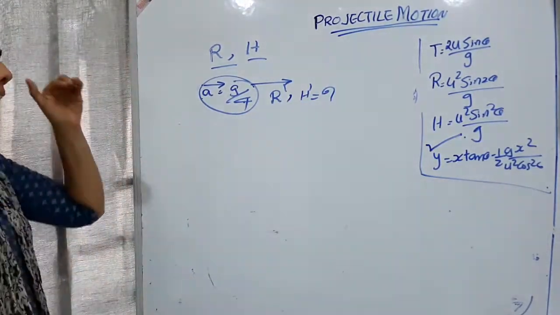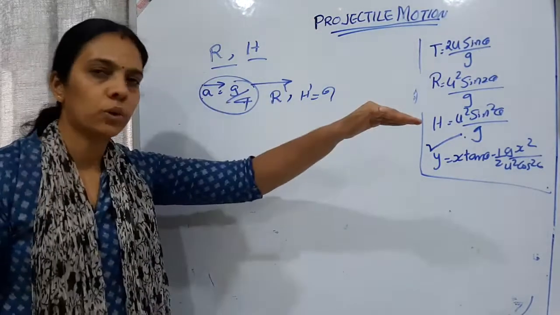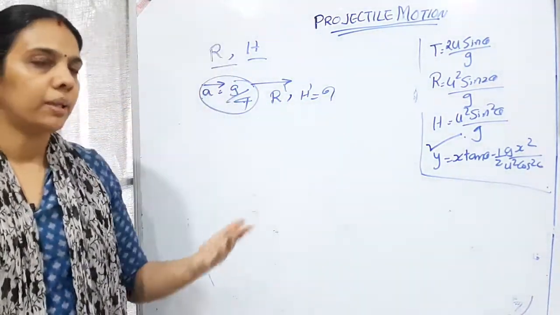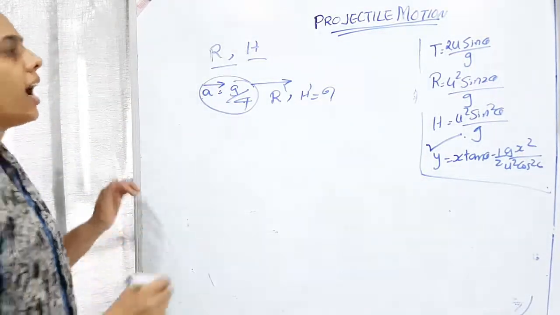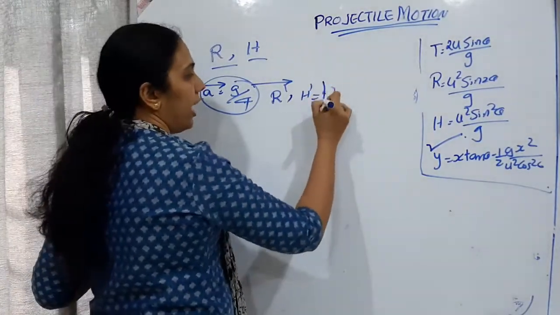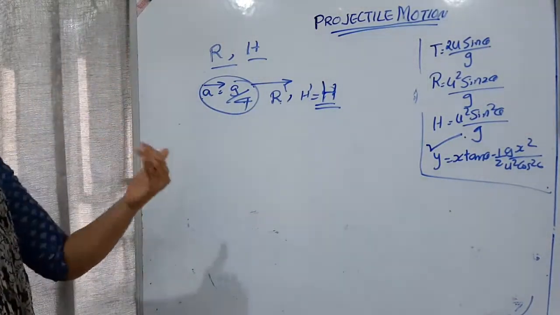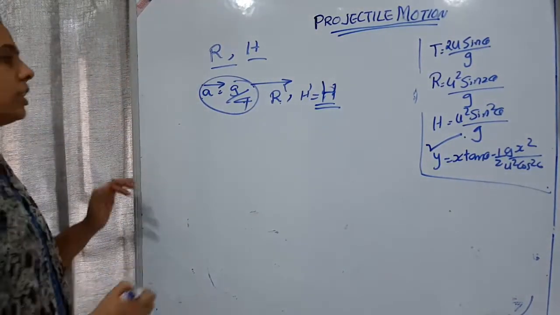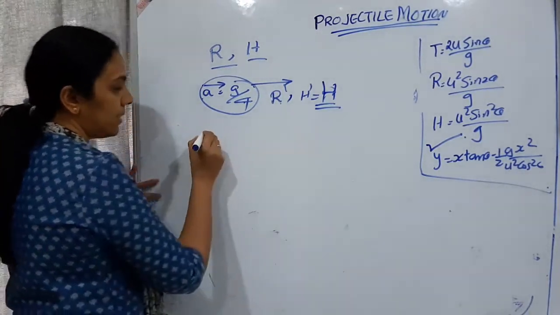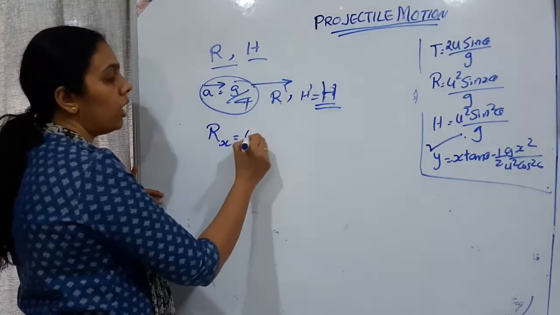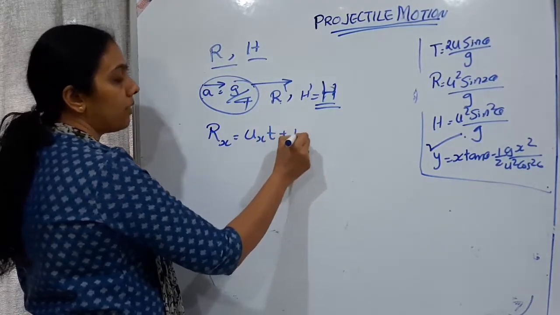Okay, the acceleration is acting in the horizontal direction. Height means it is the vertical direction. So will there be any change in the case of height? Height will remain the same. Height will be H only. Now our aim is to find out the maximum horizontal range. Range means it's the horizontal distance, that is distance along the x-axis. S is equal to ut plus half at square.